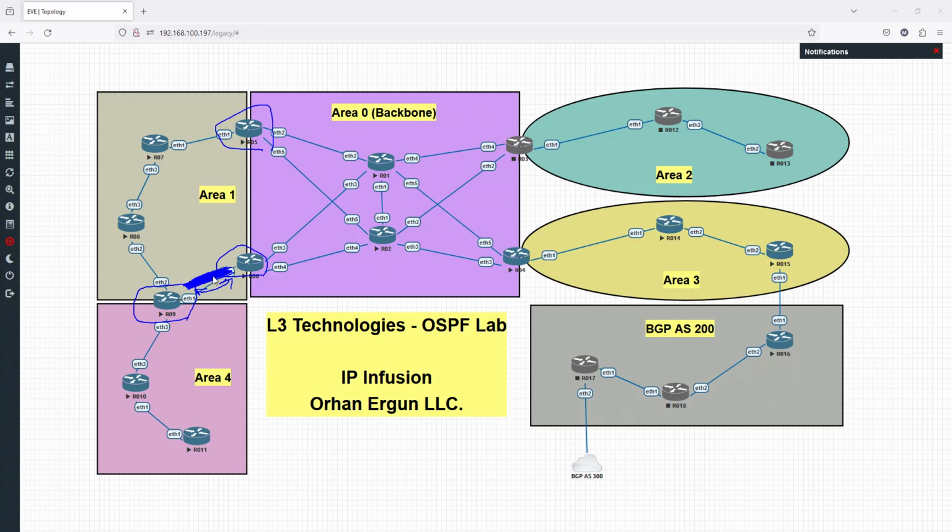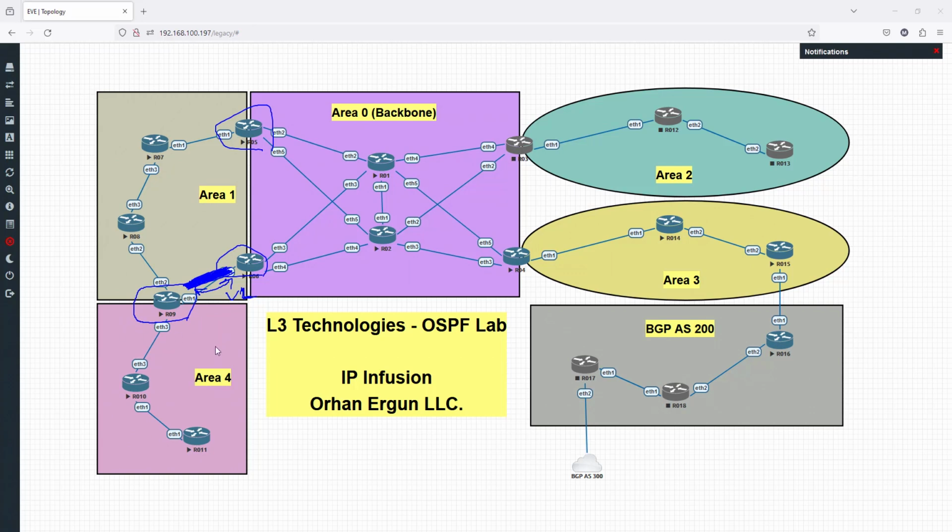The tunnel, of course, is not something physical. What is happening is it is going to change the way that we forward the traffic. So flapping of the interface is going to be one of the problems that we need to solve here. The other way is we can just use this as a virtual link. They say this is a temporary way to fix the problem, because eventually what you need